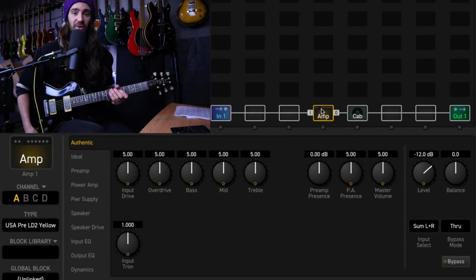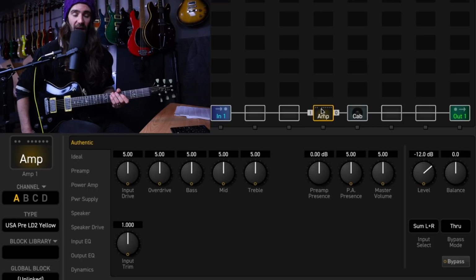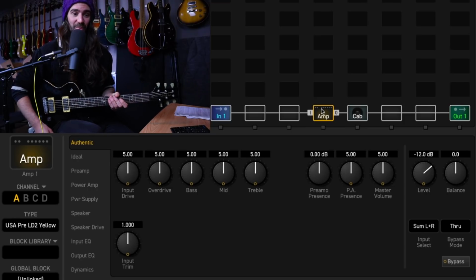I shared a clip on the Fractal forum earlier in the week comparing the Triaxis models to my real Triaxis, and listening back to the clip, I can't tell the difference unless I look at the Pro Tools session, and it seems like a lot of people there couldn't tell the difference either. So